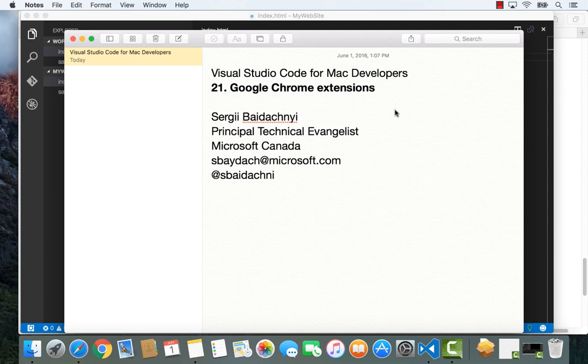It's a very important topic because we already know how to debug our server-side applications using Node.JS, using .NET Core, etc. But what about client-side? In order to support client-side, Visual Studio Code allows you to install special extensions for Google Chrome, and in general you can start your application from Visual Studio Code and use Google Chrome in order to debug and test